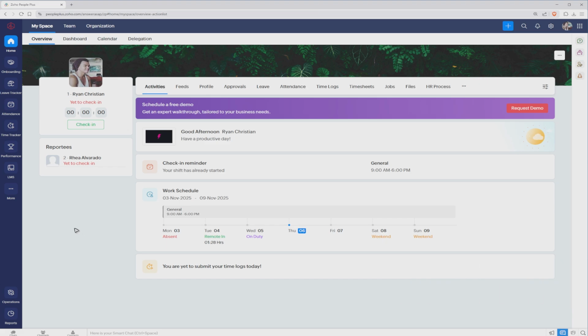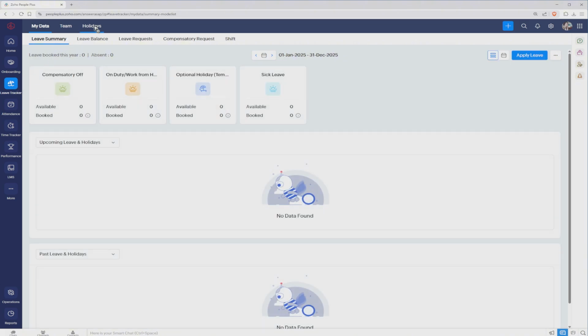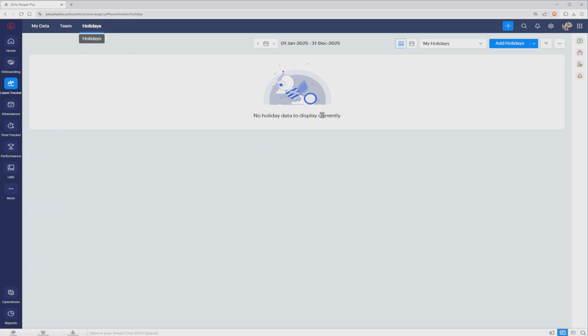All right, so first up, go ahead and go to the left panel and click on Leave Tracker. Here, go to the top tab, and here we have Holidays. Just click on it. Now go ahead and click on My Holidays. Right here we have the drop down for All Holidays. Once done, you can click on Add Holiday, or you can